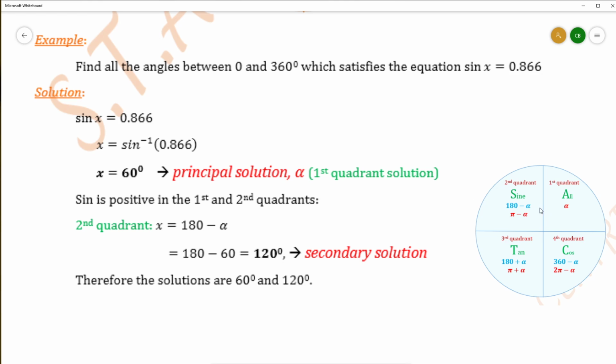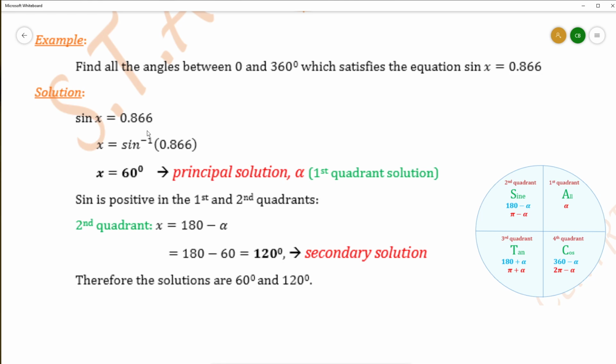So here is where the angles that were written in the previous diagram come in. So first we are looking in terms of degrees. What I have written in blue would be what we are going to use to calculate the angles or the solutions where we have it in degrees. So alpha here always represents our principal solution or our first quadrant solution when sine is positive. So the 60 degrees falls in the first quadrant, and that's our principal solution. But